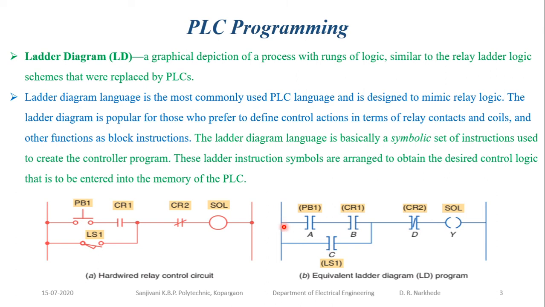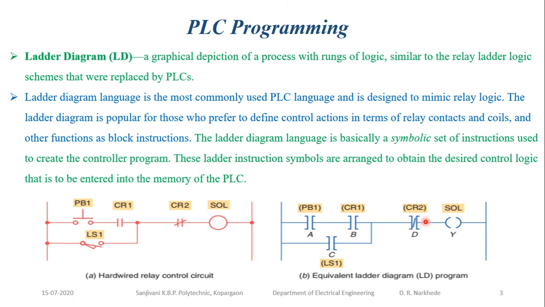Now, instead of using the device symbol, I am going to use the contact symbol. So this is the NO contact symbol. This is also a NO contact. What does it mean? Normally open. When the person presses the button, it closes and allows the current to flow from this point to this point. Then there is the normally closed type. A normally closed contact is operated when the person presses it, and it will disconnect the circuit.